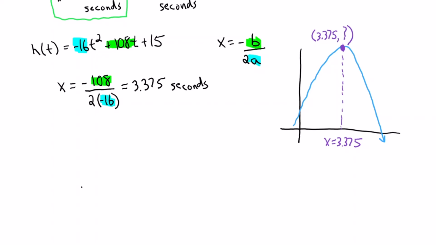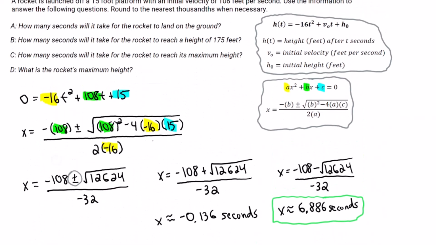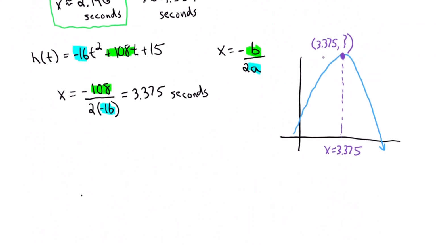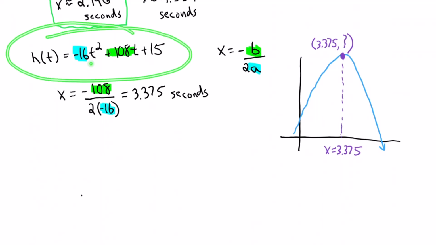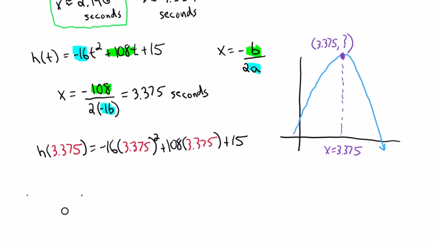Which then would bring me to the last part, question D. Question D is asking for the rocket's maximum height. So back down here, we know that the maximum height happens at 3.375 seconds. So we could plug that back into our equation here. We'll evaluate this for 3.375 seconds. So all we're doing is substituting for the t variable our time, and after we evaluate, we know that that's going to be